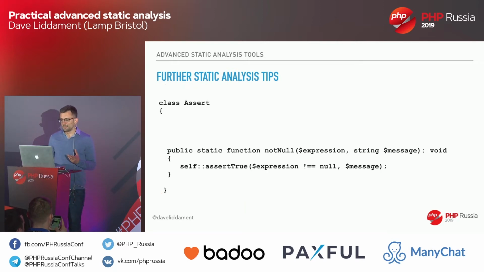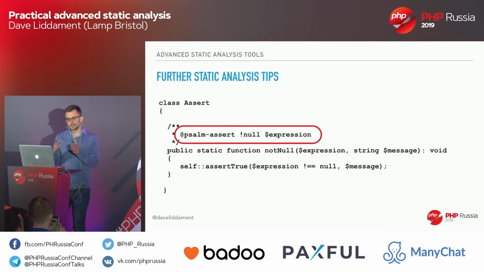So what we can do is give additional information to Psalm in this thing called a Psalm assert. And what this means is this method, if it executes successfully, expression is not null. And you can do all kinds of things where you've got the not null, you could have strings, you could assert it's of a type of an object. So that's really useful if you have assertion libraries or code that will exit if a condition